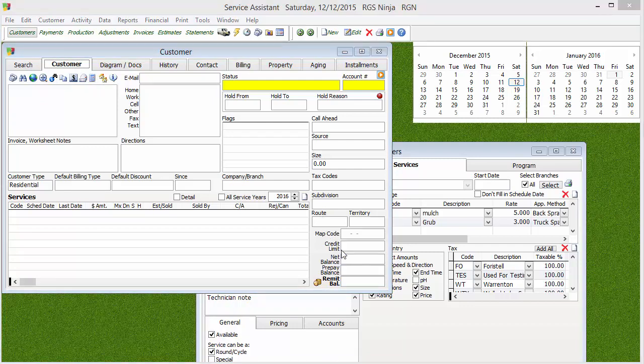Map codes. Well, since we're on the screen here, map codes. Map codes is an older way of routing. Back in the day, you would have a map book, and it'd be like page 52, grid A14, and then that would be the location of the property. Map codes are an older way of doing things. Now, there are some companies out there that do not have mapping. They still use the old map code way of doing.